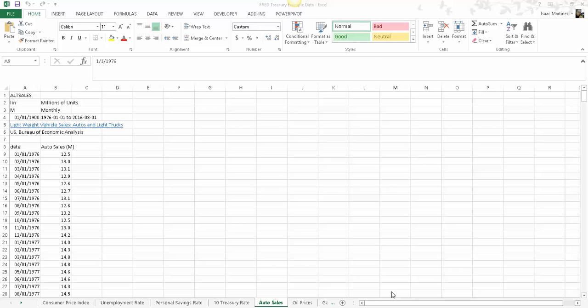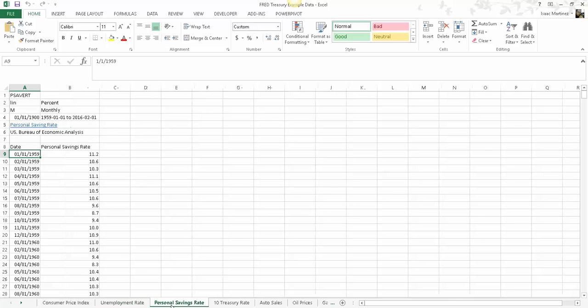Okay, I'm going to show you this really neat tool called PowerPivot. What it basically does is replace you having to use VLOOKUPs or matching formulas. And it really is helpful if you're combining multiple data sets into one. So what I've done here, I've taken these 7 different data sets that I've downloaded from the Federal Reserve Economic